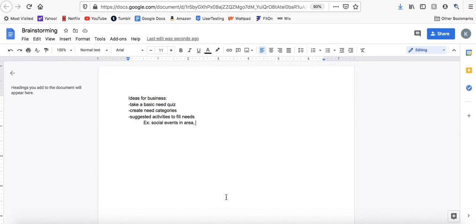So I'll put nearby outdoor areas. I'm trying to think of not like a national forest or trails, hiking, things like that, but being like, hey, here's a well-known area to picnic. Here's a really good place to camp for a night, that kind of thing.